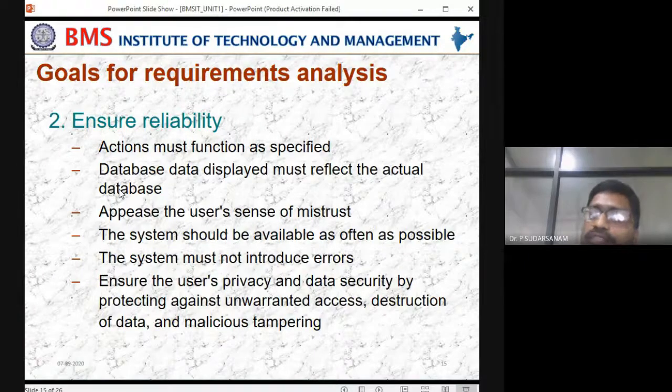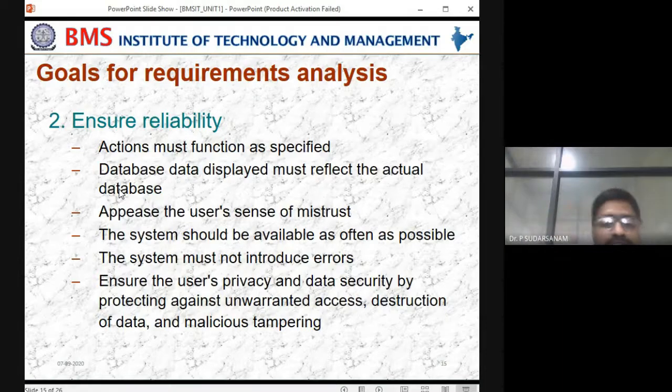So if the business people are doing small mistakes, it is a very big problem for them. Ensure that the system must not introduce errors, any type of errors. I have done this also, morning also, for 1 year. So that should not happen. The system must not introduce errors, so that is what the UID has to take care of: server, front end, database, whatever it may be. Everything should work properly, then only we can view the data properly.